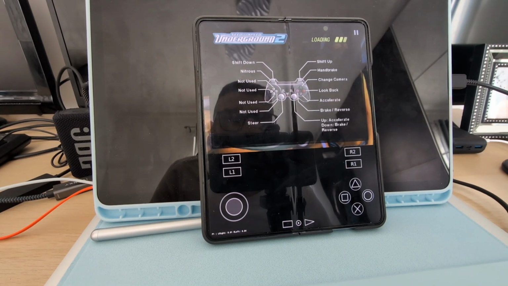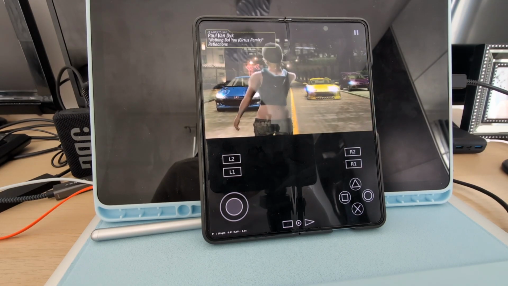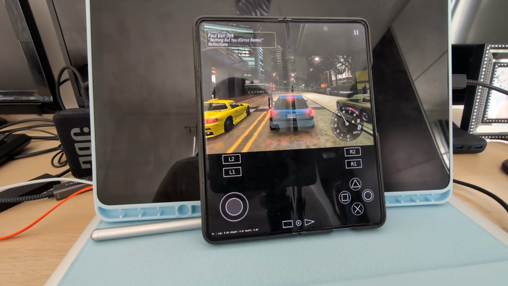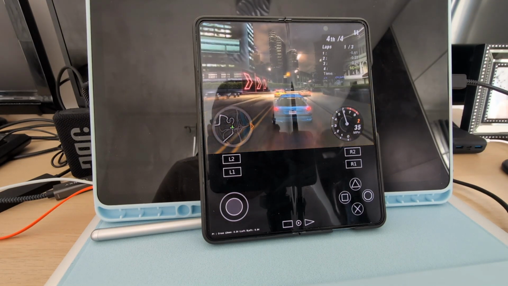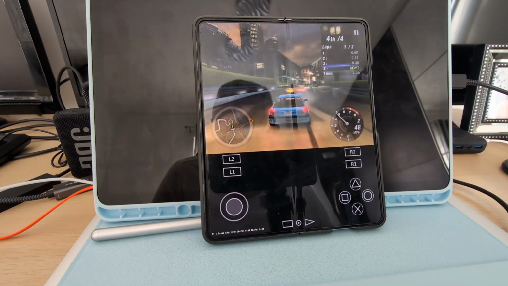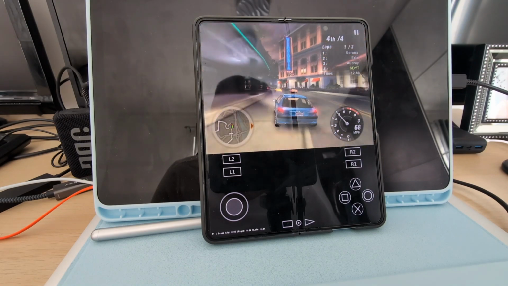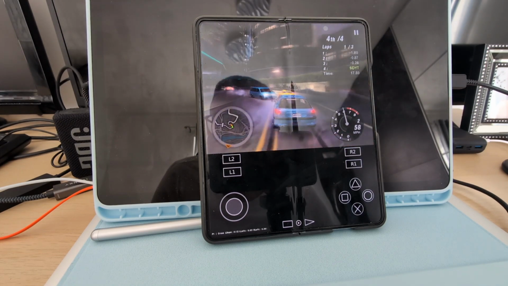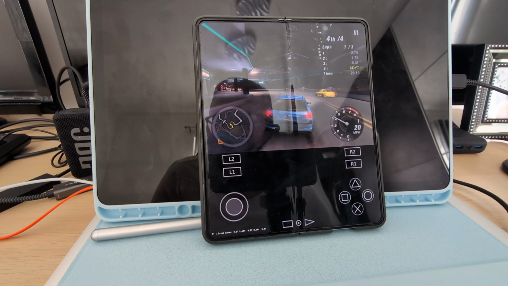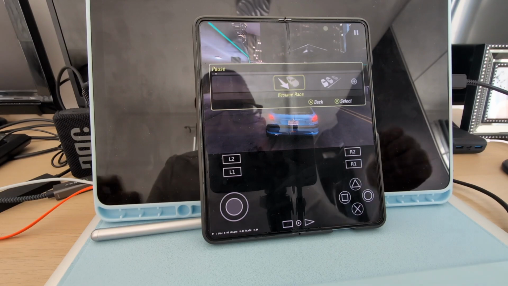Ideally you need a controller for this, but the concept behind this is so nice. You can run all your favorite PS2 games on your Android. It works great, no hiccups, like it used to be on PlayStation 2. And of course, in the settings you can actually adjust the GPU performance as well. Anyway, enough with this. Let's go back to how we will